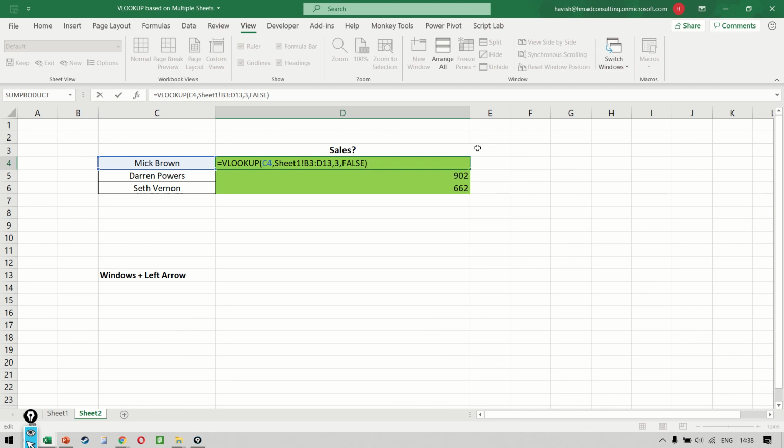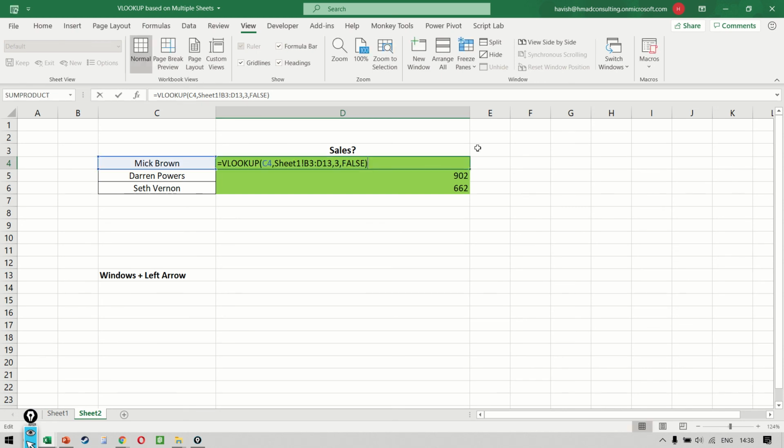Now, it might seem that it requires a lot of effort and it is a little time consuming, but believe you me, it is not. It's very, very simple. And I'm sure that if you guys practice it 4 or 5 times, it will just become second nature to you. And you will see the advantage of being able to open multiple instances of the same workbook at the same time. Do remember the Windows left arrow shortcut only works on Windows 10. It might even work with some builds of Windows 8 as well. But in case it doesn't work, not to worry. Just make sure that you have a copy of Windows 10, and in that it will work perfectly.